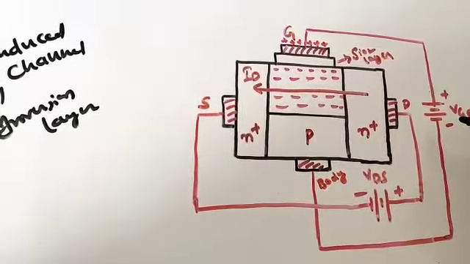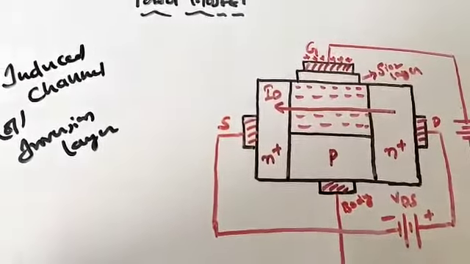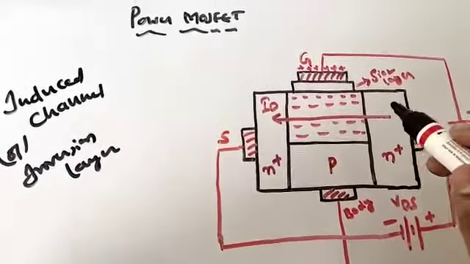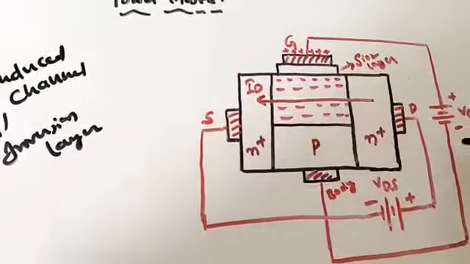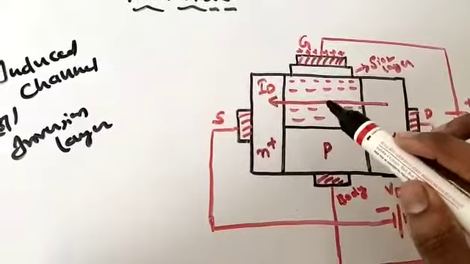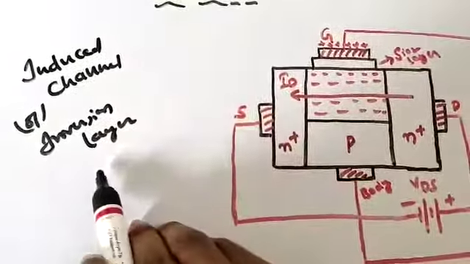some kind of VGS, supply voltage. So the SiO2 layer which is present in this particular diagram will act as a capacitor and induces positive and negative charges, and as we are increasing this VGS we are going to have more negative charges, and it creates a channel, and that channel is known as induced channel or inversion layer.